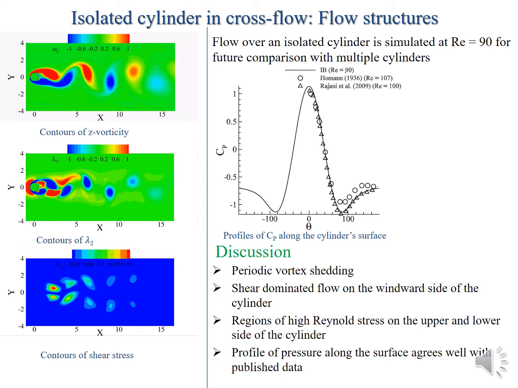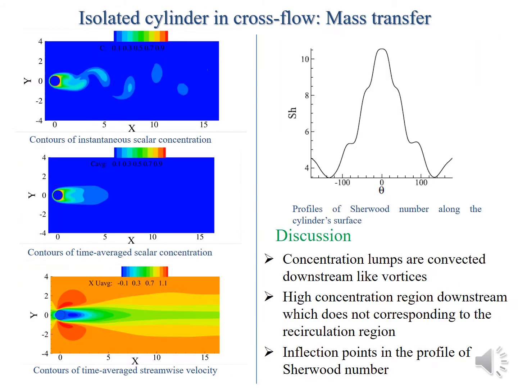We find the shear dominated zones and the soil dominated zones, and the normal flow structures like the normal stresses and so on and so forth, for the flow characteristic. So if we look at the mass transfer characteristic, we find that we have the scalar